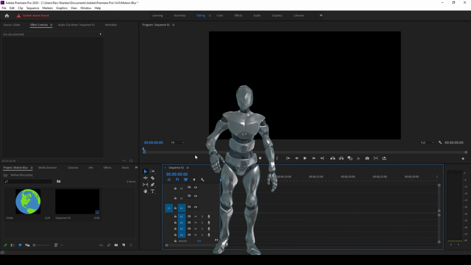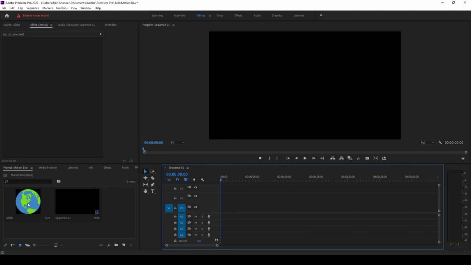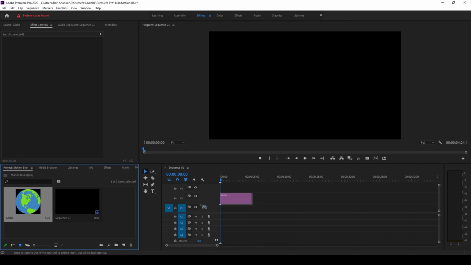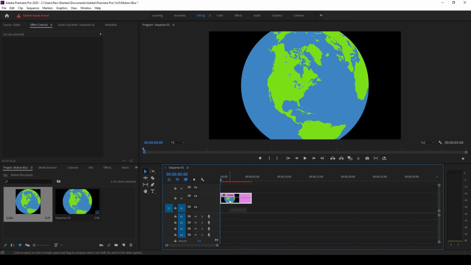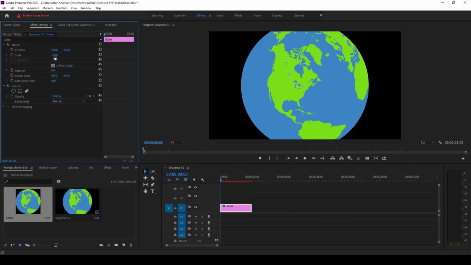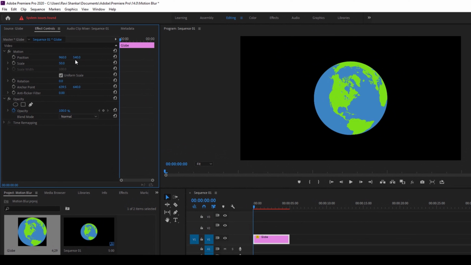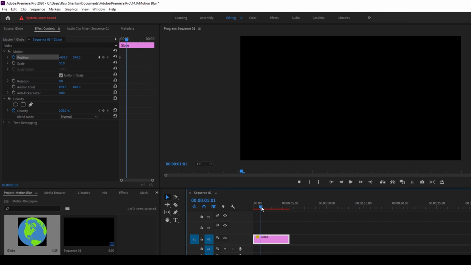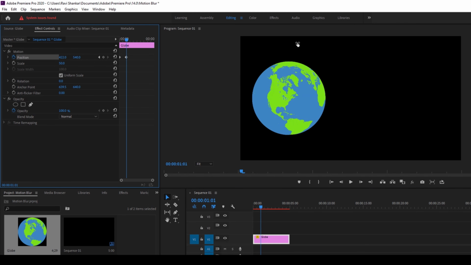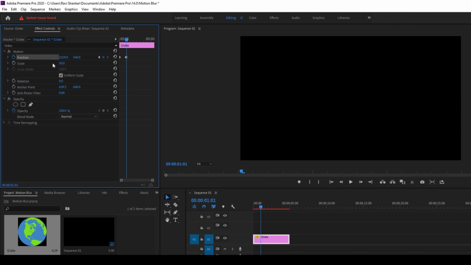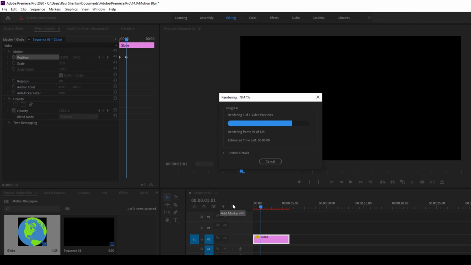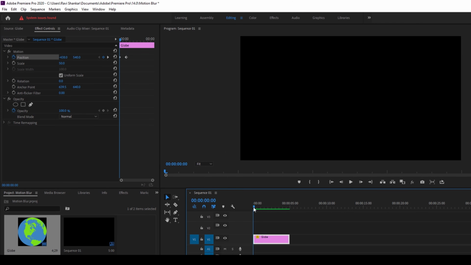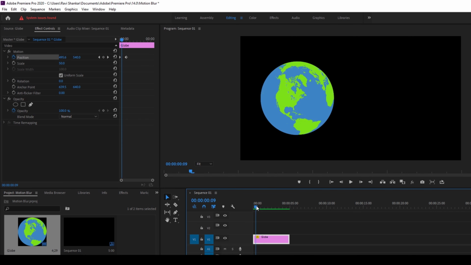Alright, so to start off I already have a sequence in place and let me drag this globe image that I have to the right so that it gets added into our sequence, and let me create a basic animation here. I'll scale this down to 50% and I'll make sure that the timer button is selected. I'll move towards the left and I'll move 1 second forward and then move the position parameter towards the right corner, and if I hit render and start playing the video, you can see that the globe moves towards the right, but it does not